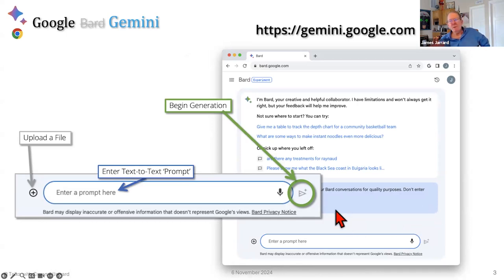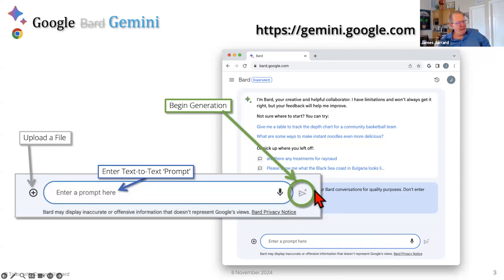So this again is from about a year ago, the graphics here. But notice, here it's got a text-to-text prompt entry area. It's gone from large language model to multimedia language model. So we'll see you can create images.